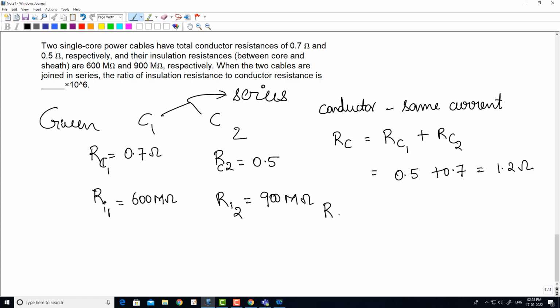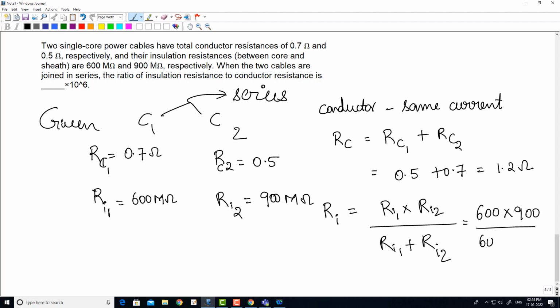So Ri is equal to Ri1 into Ri2 divided by Ri1 plus Ri2, that is equal to 600 into 900 divided by 600 plus 900. This is how much? 360